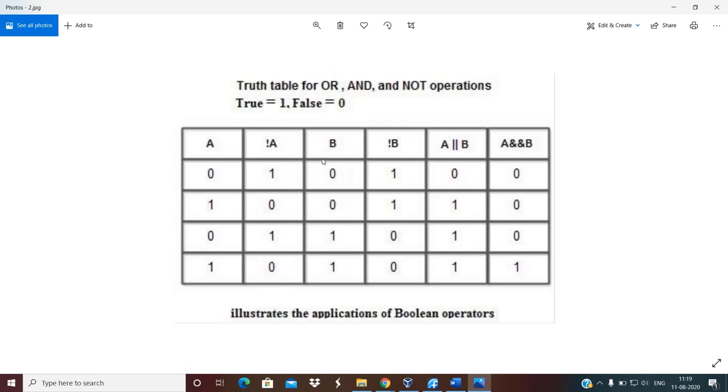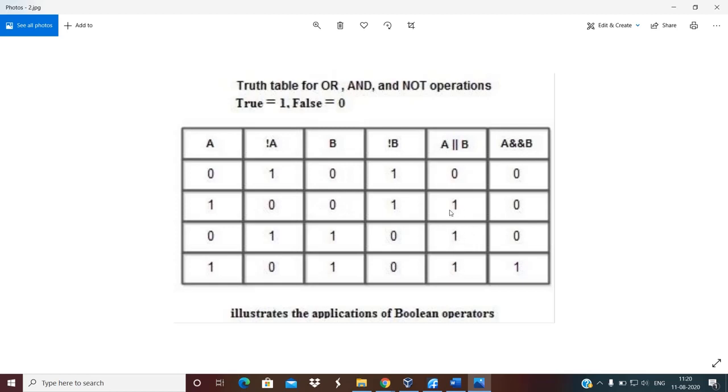B is 0 0 1 1, not of B is 1 1 0 0. What if A logical or B? In the first row, A value is 0, B value is 0, so the output of A logical or B is 0 itself. A is 1, B is 0, A logical or B is 1, and even in the next two rows it is 1.